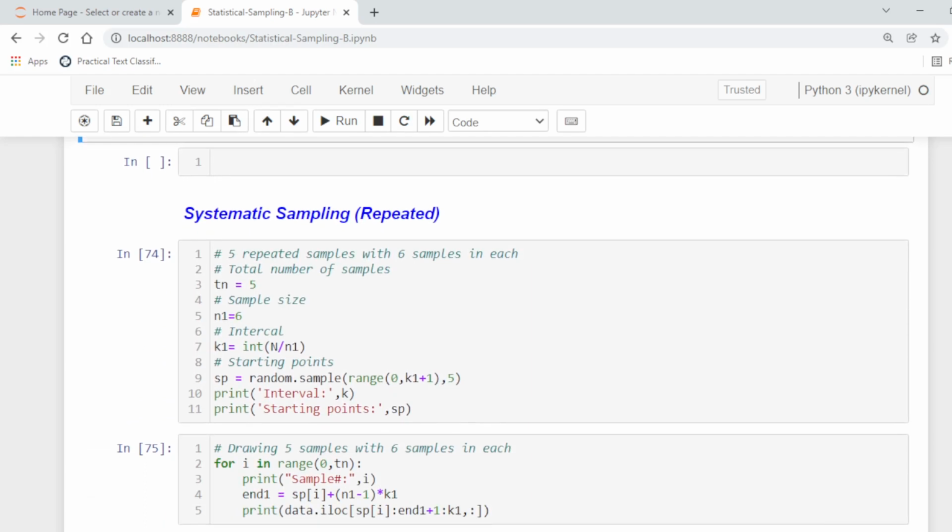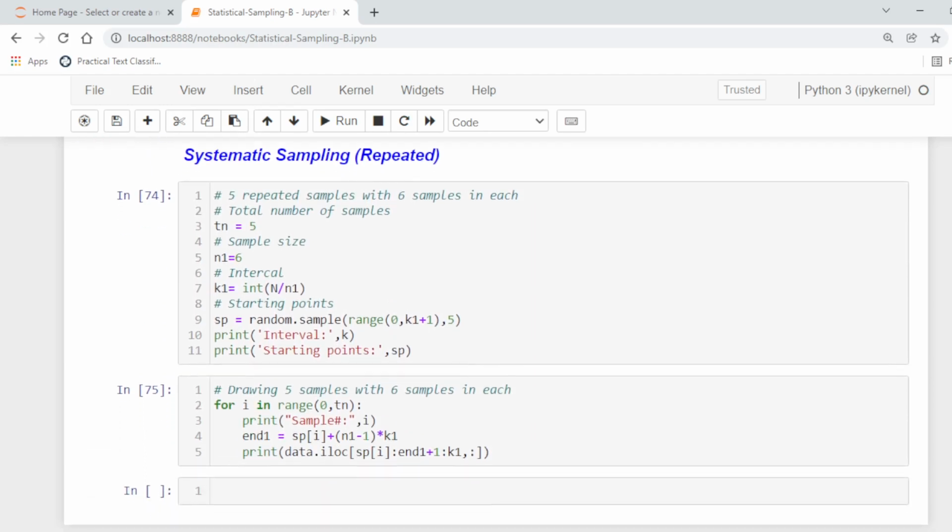Next is repeated systematic sampling. In this case we will repeat 5 times, 5 repeated samples with 6 elements in each. There will be 6 elements in each and we will repeat this 5 times, so the total number of samples is equal to 5. Sample size is again 6. The interval k1 is n divided by the sample size.